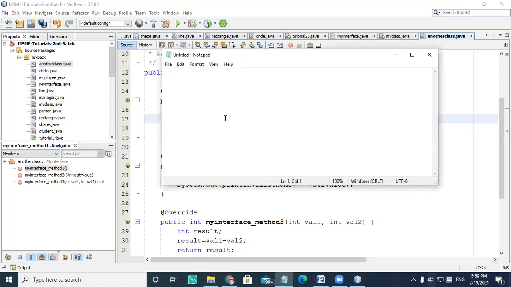Account is an abstract class, because I don't know what kind of account the people are going to use. There are three kinds of accounts: savings, current account, and FD account.